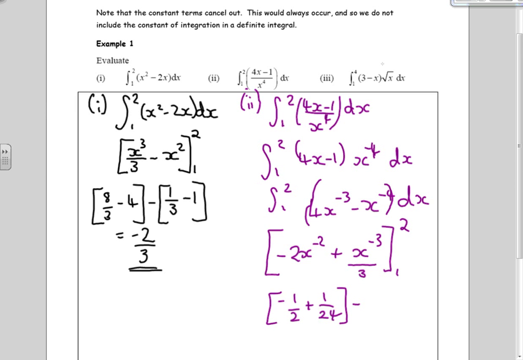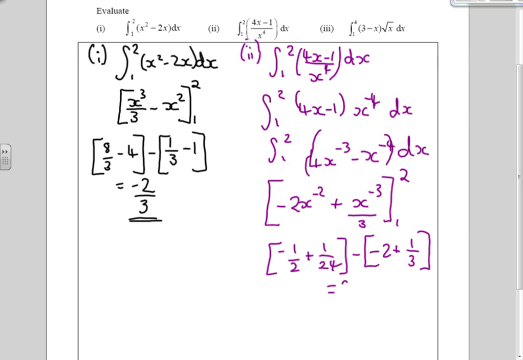And then I subtract the evaluation with 1. So minus 2 times 1 to the minus 2 just gives me minus 2. And then I have plus 1 to the power of minus 3 just gives me 1. So that's plus a third. So when we put all this together, we end up with an evaluation of 29 over 24. Now for part 3,